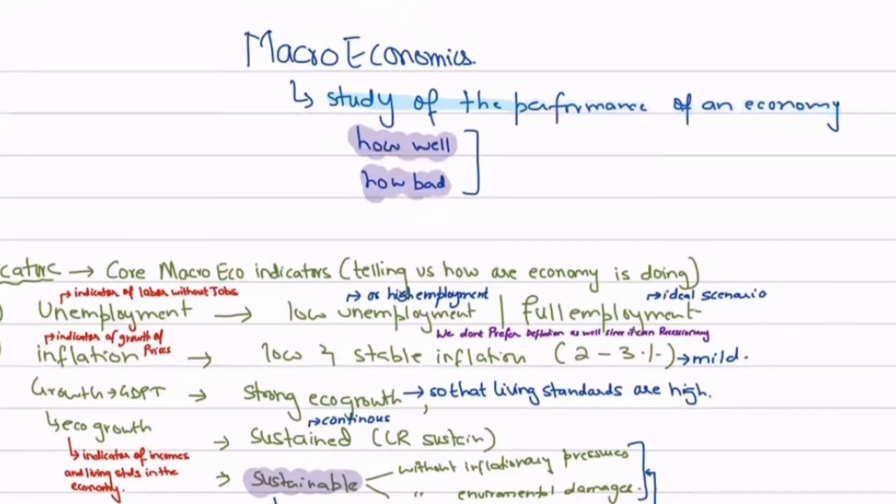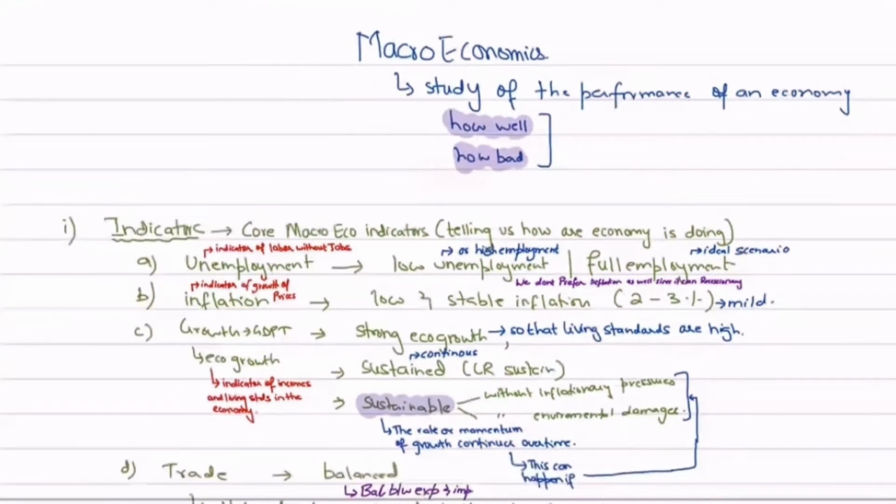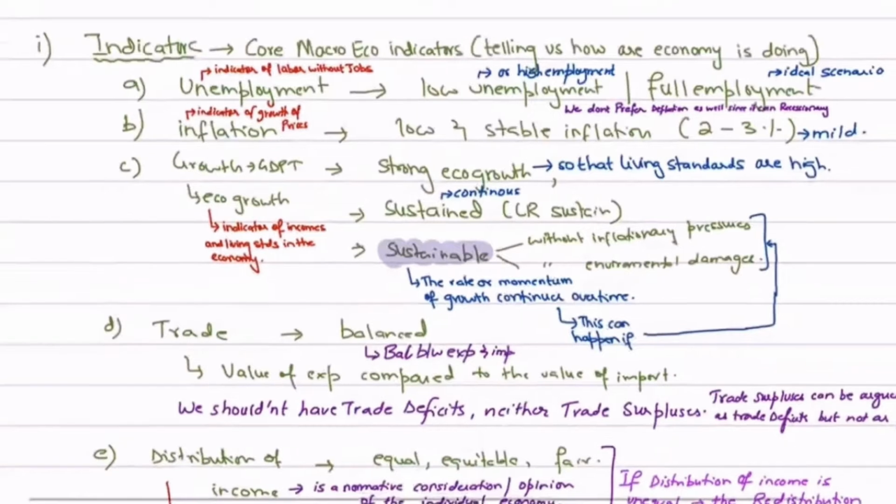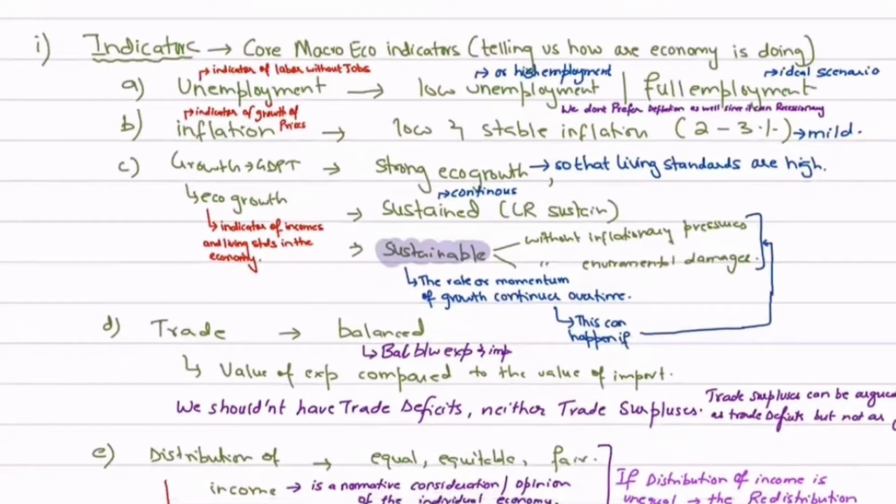तो अगर मुझे किसी भी इकोनॉमी की परफॉर्मेंस को जज करना हो, सो व्हाट एम आई गोना डू? आई ऑब्वियसली हैव टू लुक ऑन सर्टेन इंडिकेटर्स. कुछ ऐसे इंडिकेटर्स होंगे जो मैक्रो इकोनॉमिक इंडिकेटर्स होंगे. आई एम नॉट टॉकिंग अबाउट मैक्रो इकोनॉमिक ऑब्जेक्टिव्स, बिकॉज मैक्रो इकोनॉमिक ऑब्जेक्टिव्स आर फॉर्म्ड फ्रॉम द मैक्रो इकोनॉमिक इंडिकेटर्स. So macroeconomic indicators जो होंगे, they will be the judgment criteria of how the economy is doing actually. So let's first go through the core macroeconomic indicators because they will tell us how the economy is actually doing.